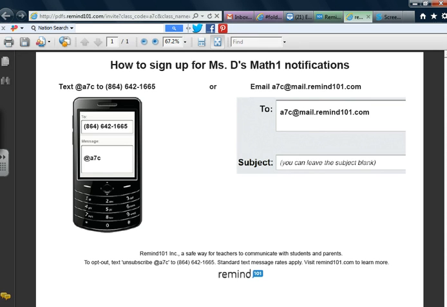And when I do, this PDF pops up. This is perfect to send to parents. To sign up for text messages, they simply type this number, which is a safe number generated by Remind101, and in the message area they type @A7C. Or if they'd like email notifications, they simply send an email to the specified address. These will change for each class, so don't try to memorize these because you'll have a different one for every